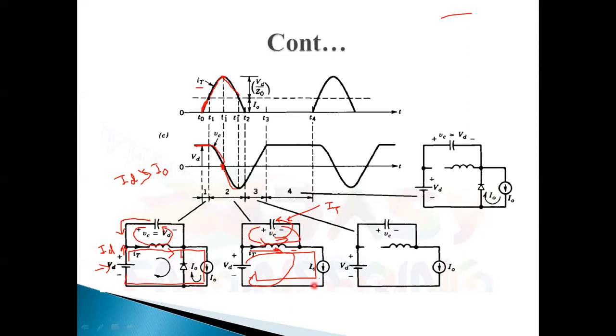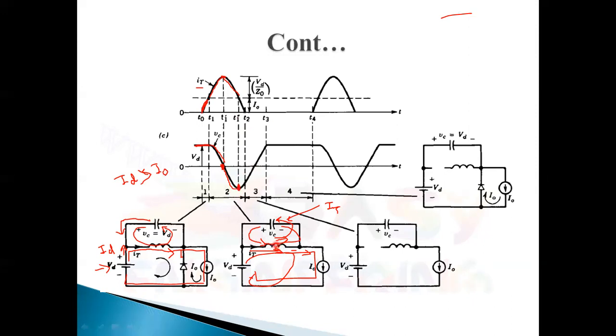And also current is flowing through this branch also. So at the T1 double dash point, what will happen? The capacitor is charged to maximum. If this capacitor is charged maximum in negative polarity, after then the energy of the inductor again